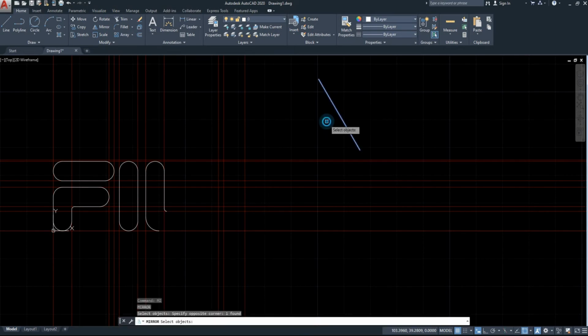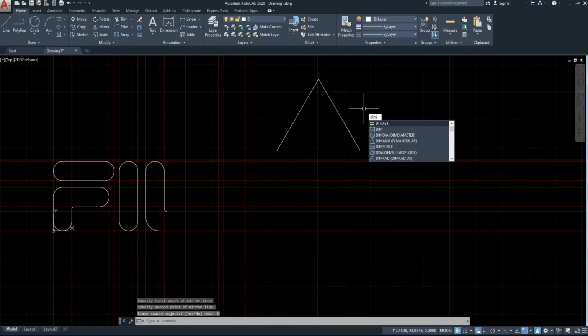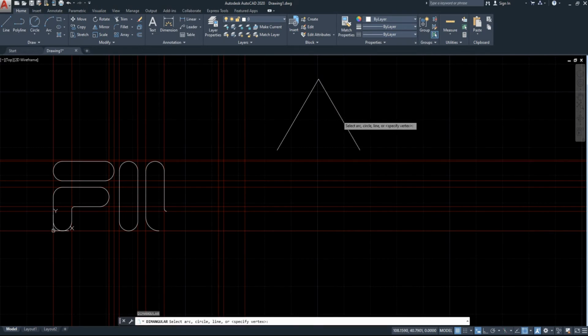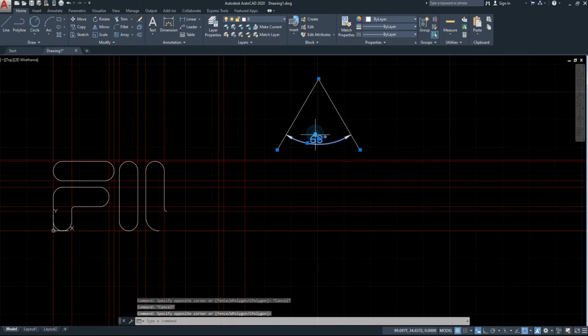Then I will click mirror. In the mirror I will click like this, and I will try to make it perpendicular here, or just turn on the ortho mode. Then dim angular, let me check the angle here, it should be 63, so then it's correct. Let me delete. Okay, and then